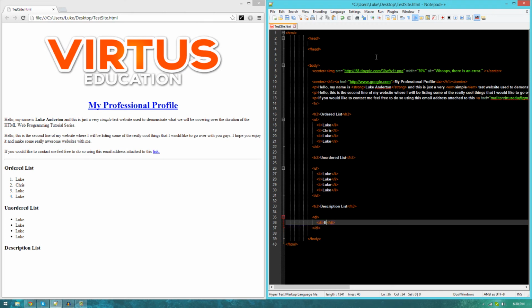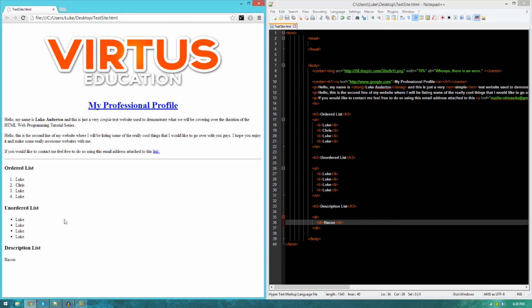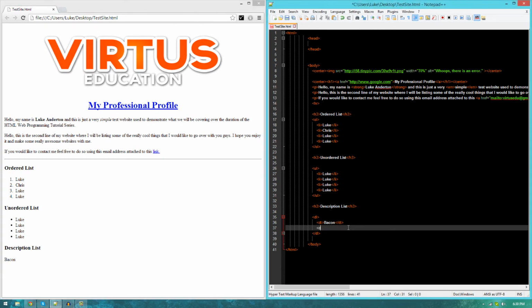I'm going to put the DT tags there. Then inside of it, I'm going to type in bacon. If I press Control Save, refresh, you can see it's coming into our list here. However, we do not have a description for it as of yet. So what we're going to do is go on the next line and create the DD tags, which is description,